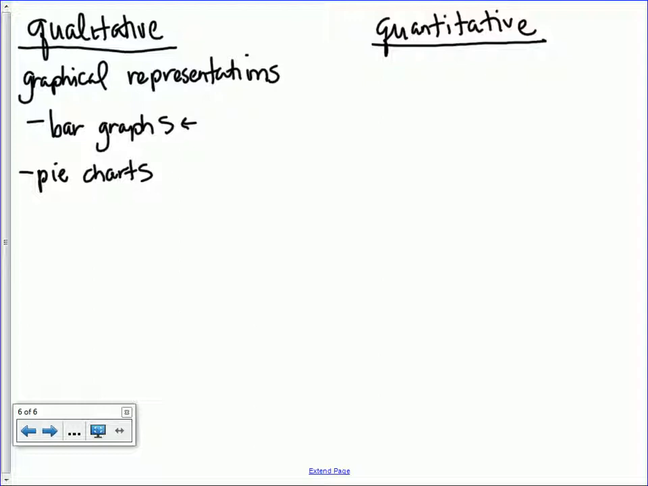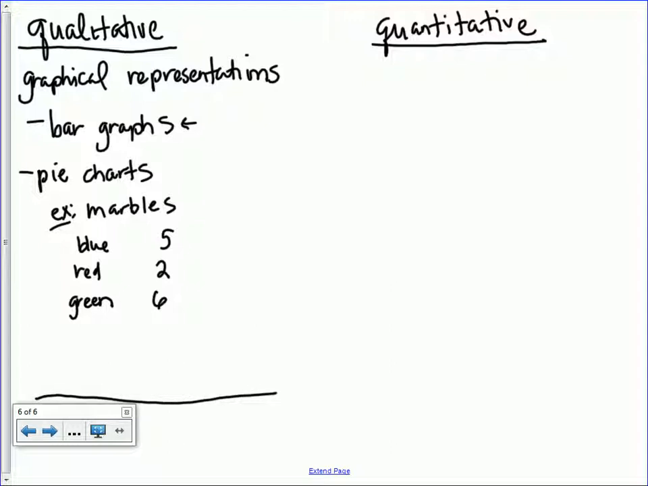graph. So if we have again, that example using the marbles, and we have, I don't know, blue, red, and green. And we have that there's 5 blue, 2 red, and 6 green. Well, the bar chart will actually be set up in such a way that over here on the y-axis, that will be the number in each